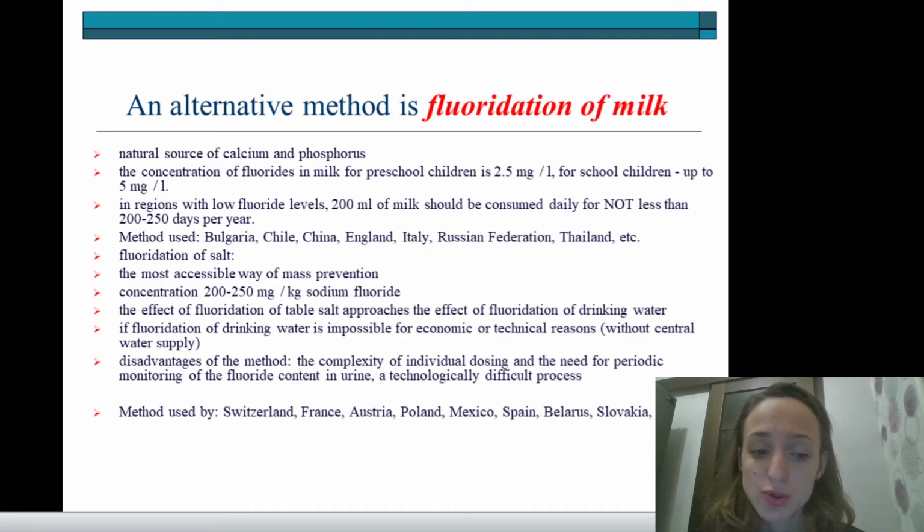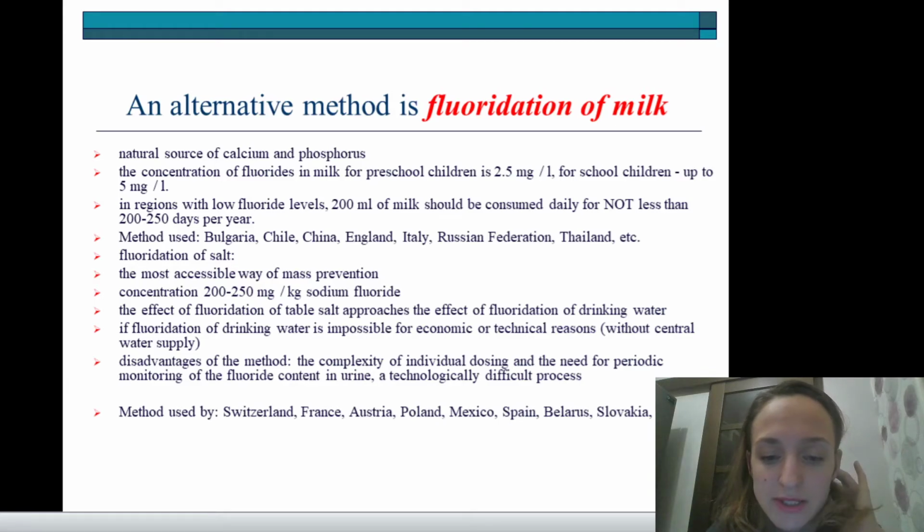Concentration 200-250 milligrams in sodium fluoride. The effect of fluoridation of table salt approached the effect of fluoridation of drinking water, if fluoridation of drinking water is impossible for economic or technical reasons, or, for example, without central water supply. Disadvantages of this method are the complexity of individual dosing and the need for periodic monitoring of the fluoride content